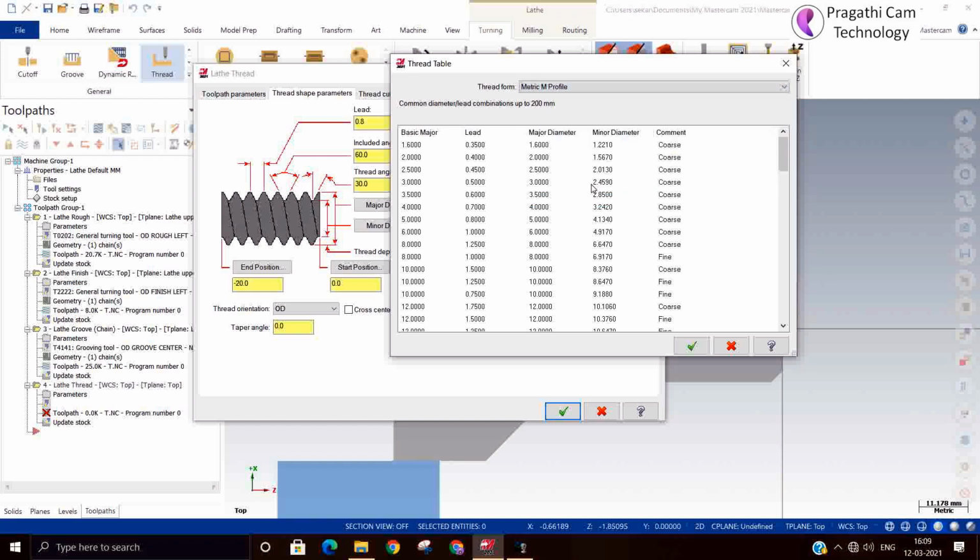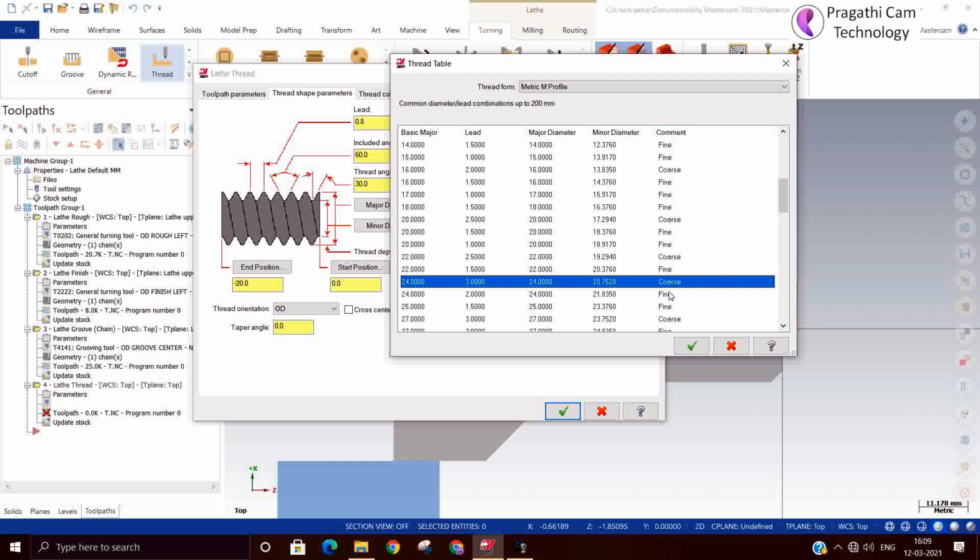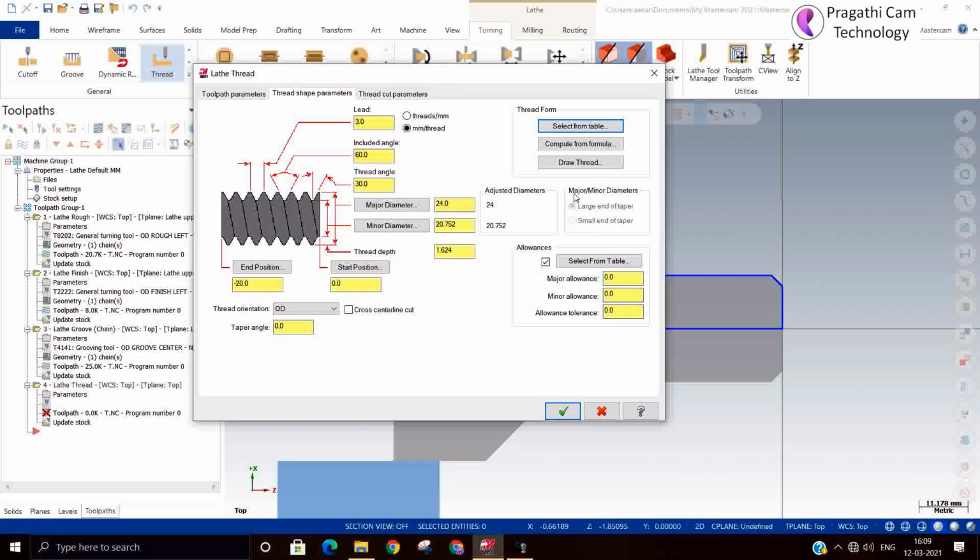Now I selected metric threading. Here I have selected M24. Here also there are two things: one is 3 lead, another one is 2 lead. So whether you want to do a coarse thread or a fine thread, I selected a coarse thread. If I say OK, automatically all related things will come and sit here.